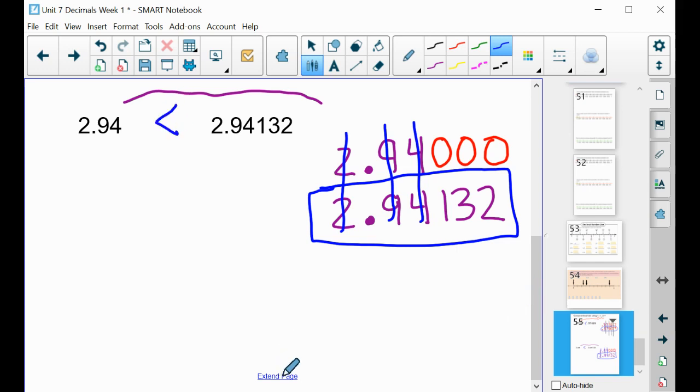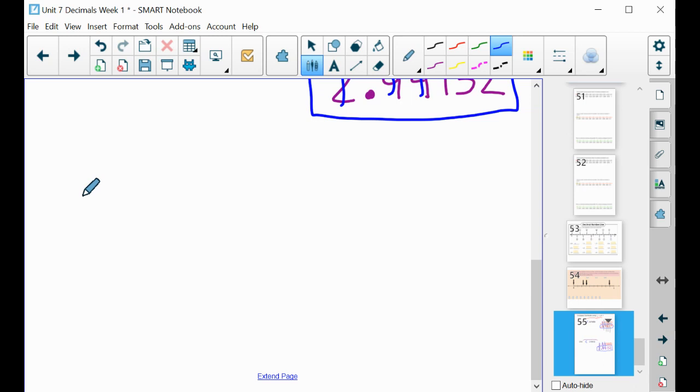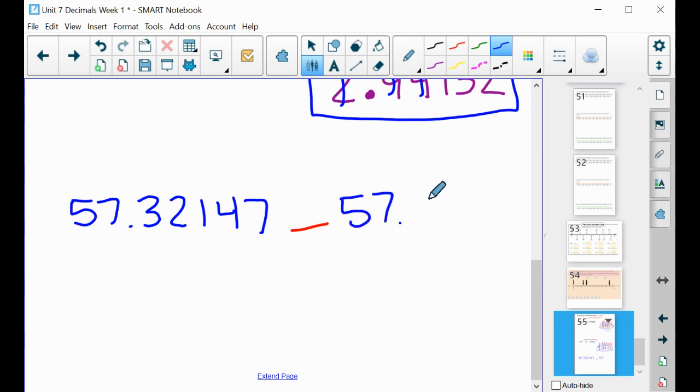Now, let me give you one more example. I'm going to draw this one in. Let's say that we have 57 and 32,147 hundred thousandths, and we're going to be comparing that to 57 and 8 tenths. Okay. Now, just because we have more decimal values here does not mean that number is greater. Once we line these up,